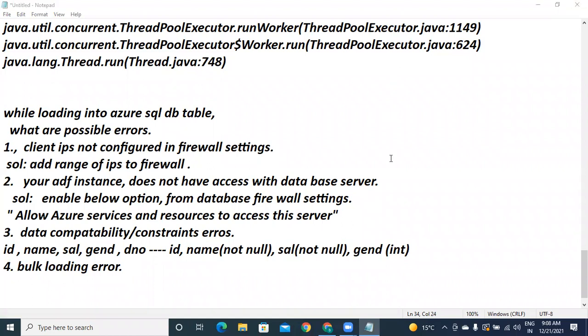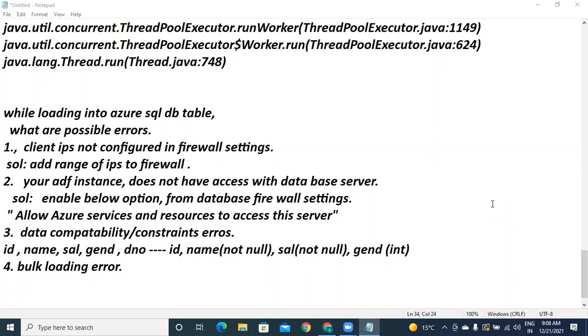So, final summary of today. Why are data flows important even though we have copy activity? Please answer someone. Waiting for your answers. We can perform various transformations in data flow. Answer by Prashant: yes, because if it is a copy activity between source and sink, you cannot perform any transformations. Got it.